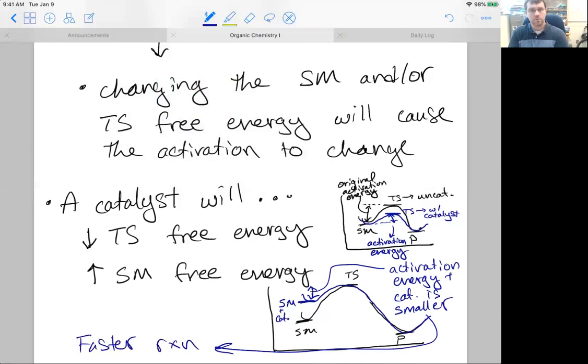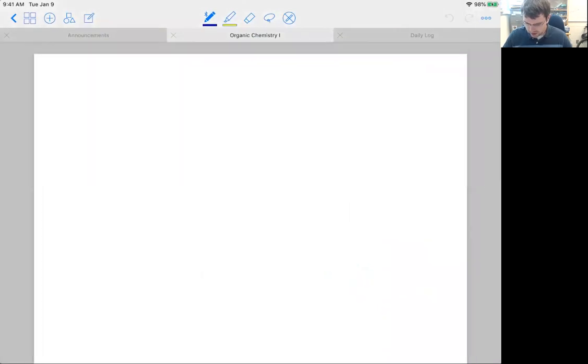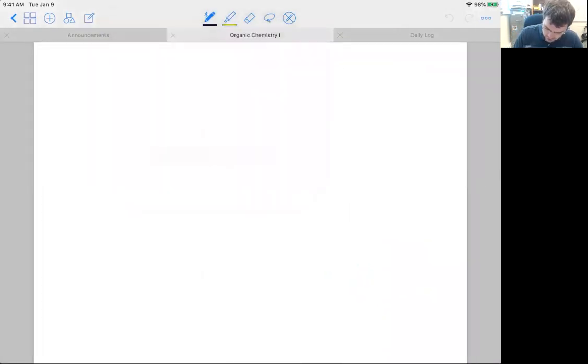Often it's the case that in a catalyzed reaction where a catalyst is present, there's a combination of both of these things occurring. That is, you are increasing the energy of the starting material and simultaneously decreasing the energy of the transition state. Let's say that a different way. So what I want to recall,